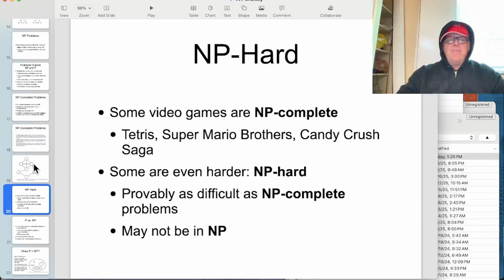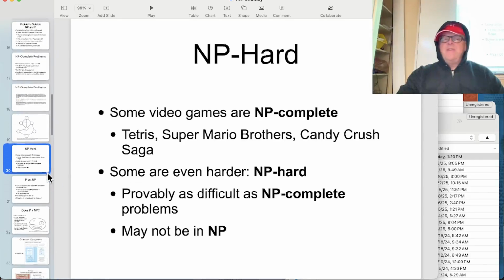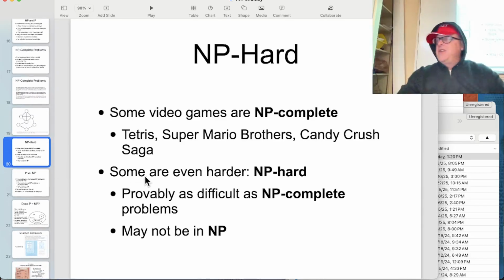All right. So some video games are apparently NP complete, like Super Mario Brothers. I don't quite know how to prove that. By the way, notice there's also something even harder called NP hard, which is so hard maybe it's not even in NP. This is where I can't really explain this in detail. This is abstract mathematics as set theory. Somehow they figure this stuff out.